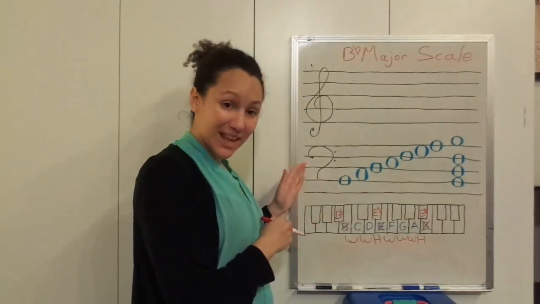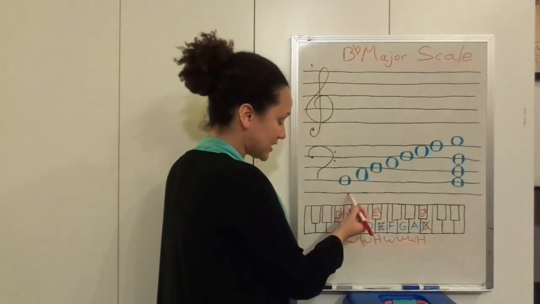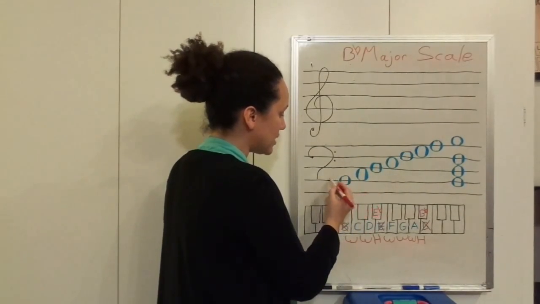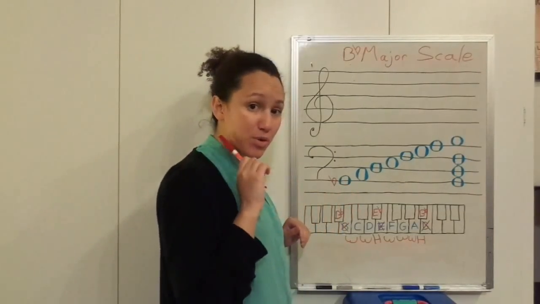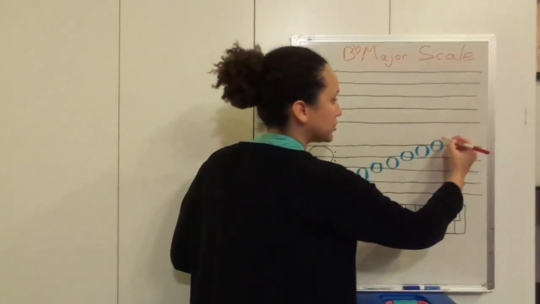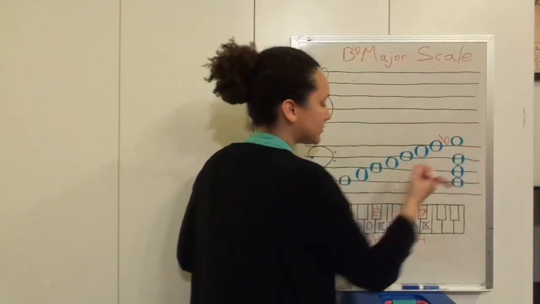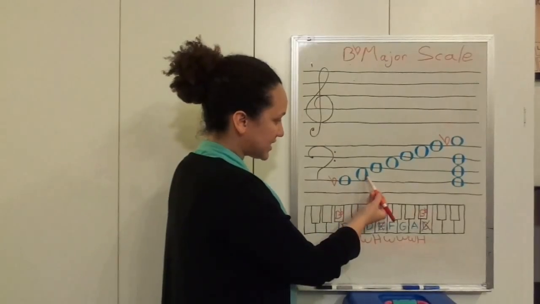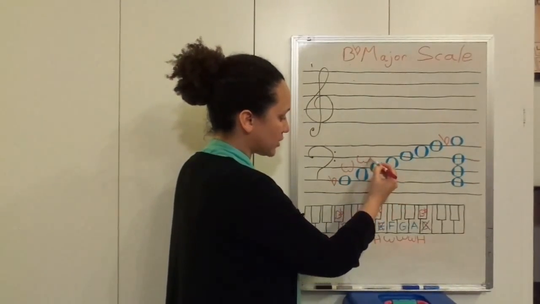This is the bass clef, so the B is right here. If you say the bass line notes, G, B, D, F, A, so here's the B. We're going to add in the flat, because we have to start with a flat. And remember that the top note is a repeat of the first note, the main note, the root. So we're going to add a flat to that B on top as well. So after that, we have B flat, C, so that's a whole step, C to D, that's a whole step